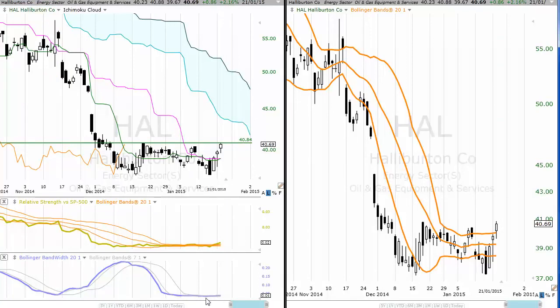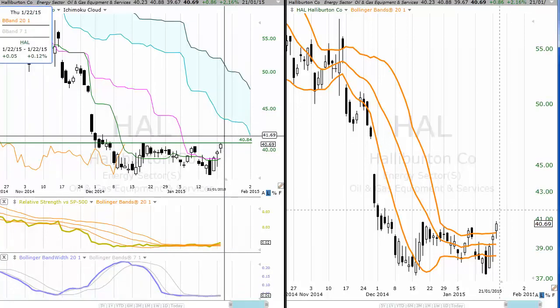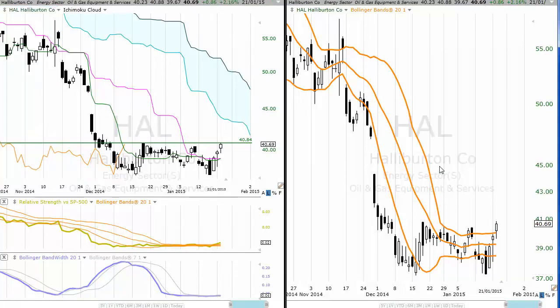Looking at volatility, we are at a cyclical low, and it wouldn't surprise me to see volatility start to move up and us to see some trending price action. It could be in either direction. We could eventually see the sellers come back in and trade down through the support around the lows here, about the 37.27 area. Moving to the right hand side here, we're looking at the bands on the daily chart,